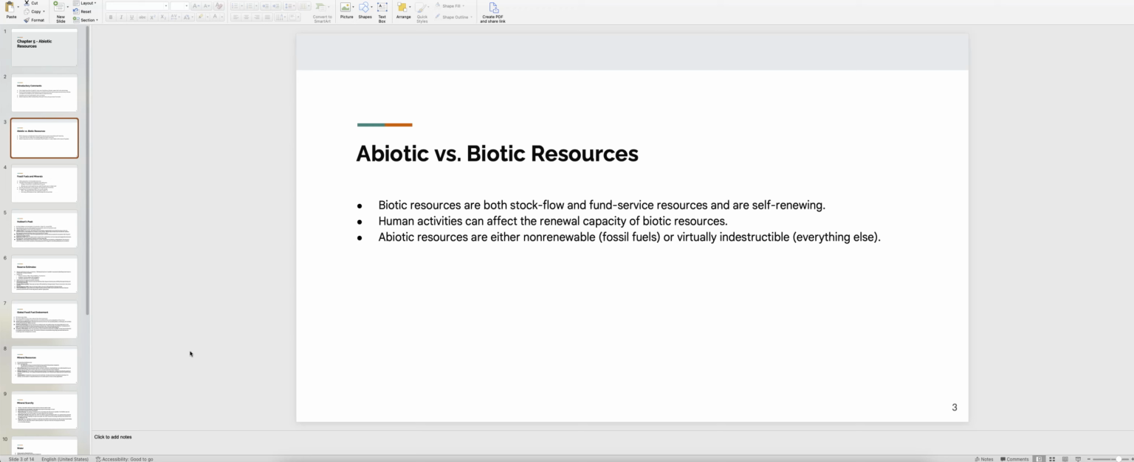The second bullet point is the thing that is kind of debatable, right? I say it's debatable because obviously there's a segment of the population that believes that human activities don't affect the renewable capacity of biotic resources, whereas many scientists, when they think of things like global warming and whatnot, believe that human activities can affect the renewable capacity of biotic resources. So let's just say, at least for the moment, that the second bullet point can be debatable. Not that I'm debating it, but I'm trying to recognize the fact that,